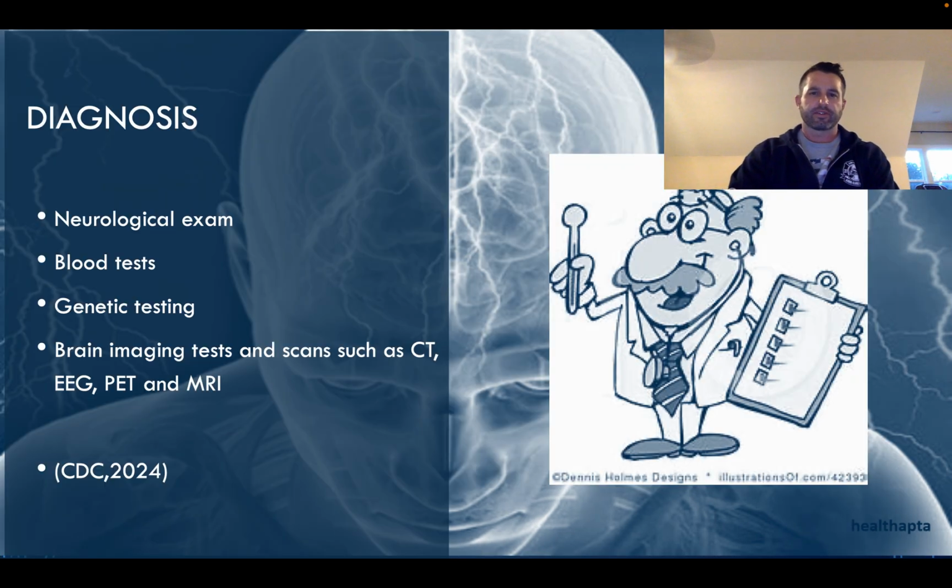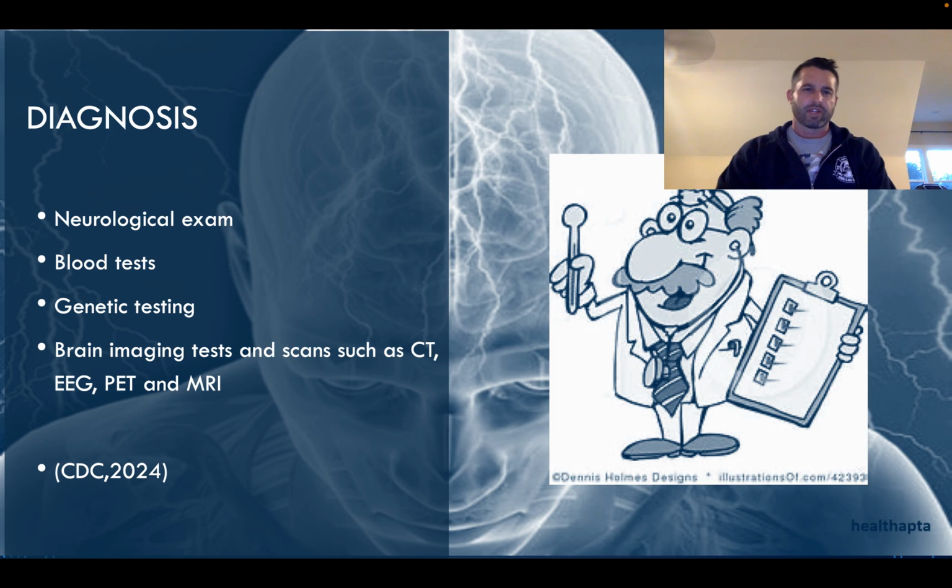So the diagnosis to determine what type of seizure or epilepsy you have: first of all, you have to have a neurological exam. It should be a very detailed exam. It also should have a blood test to check whether medications could possibly cause seizures. Also, any type of infections, like if you're septic, or if you have abnormal blood values, these also can cause seizures, such as any of your electrolytes being out of balance.